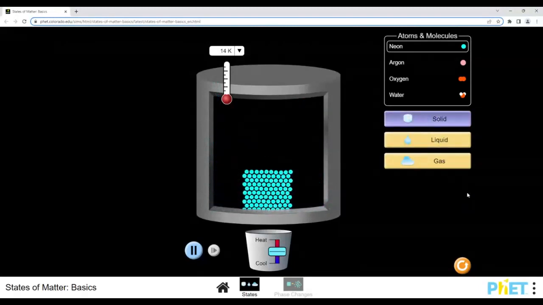If we have a solid, there's still motion in the molecules. So there's still energy because there's still a measurable temperature. But now, for the most part, these aren't going to have enough energy to go around past each other. Occasionally, you'll see ones, usually around the corners, that wiggle enough that they can kind of bounce past one other particle. But typically, one here is not going to end up all the way around on the other side